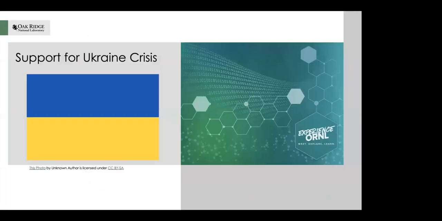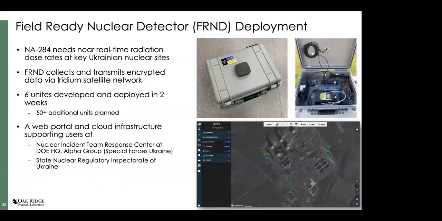All right, so let me talk about a little bit of mission support. So all of you know about the crisis we are doing in Ukraine, right? So what are some of the things that we needed to do? Here is another communications and sensor technology, right? So instead of a drone, what we did is we were asked to create these boxes that have a variety of sensors and a solar powered battery, because all the IAEA inspectors had to leave Ukraine, okay?